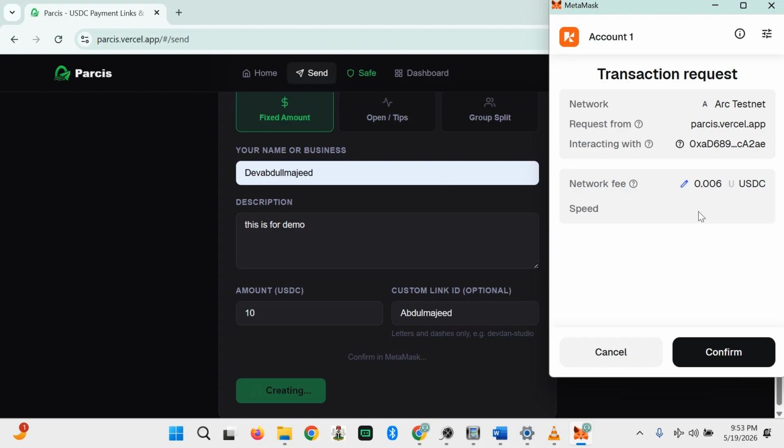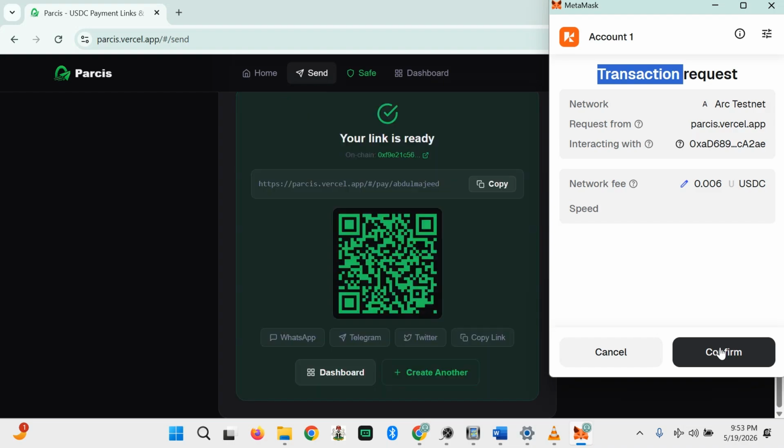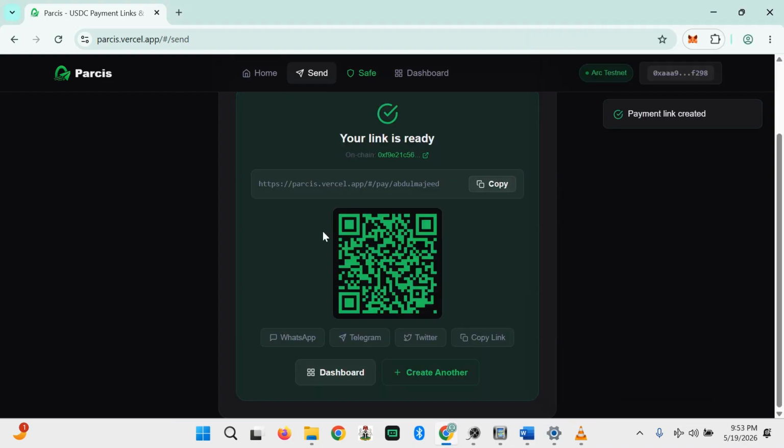So I just need to sign a normal sign-in for confirmation to make sure that the wallet is yours. Right now, because I have some USDC in my wallet, this is why you would see the transaction request. But even if I don't have USDC, it will automatically sponsor it for me. So if you click confirm, as you can see here, the platform is very fast. As I click, immediately the pop-up comes on.